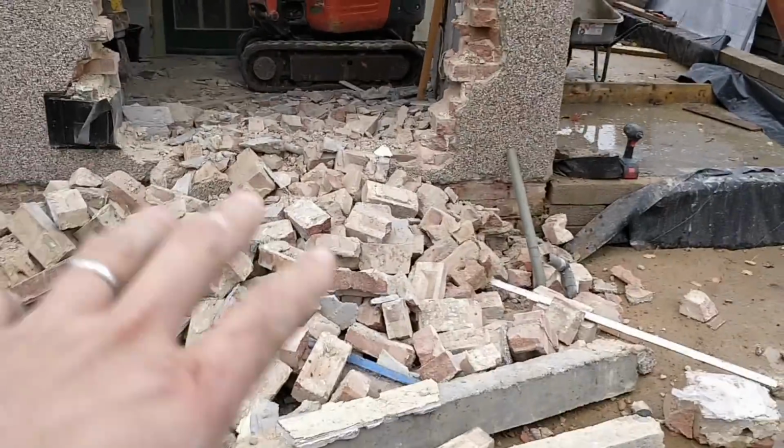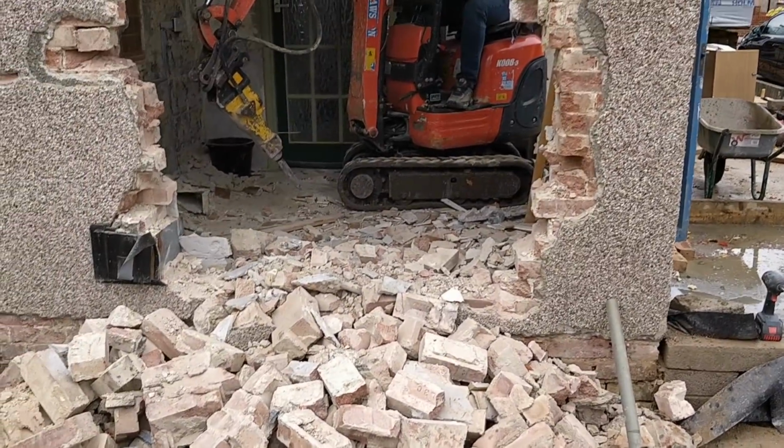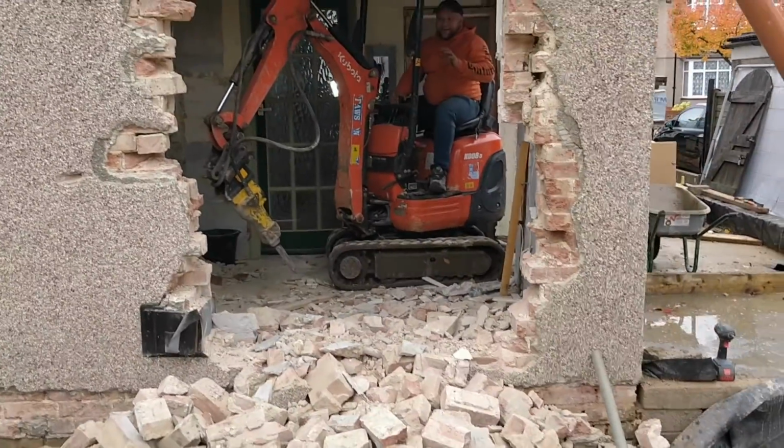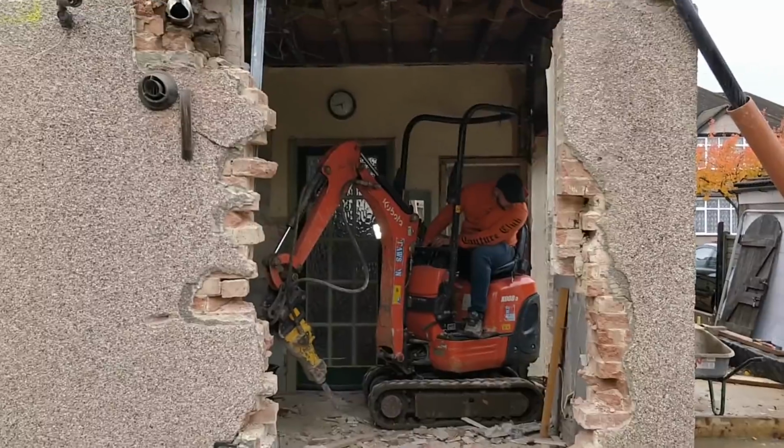We've made a little kind of ramp. Smoothed it all out. It's the kids. I was worried then, I was thinking, what's that? Hold up, what is that? Yeah. None of this brick was supported anyway, so...